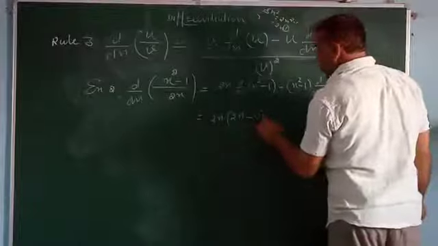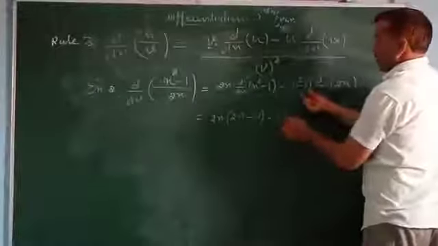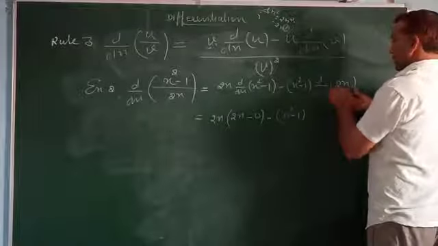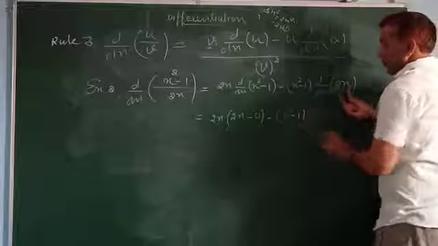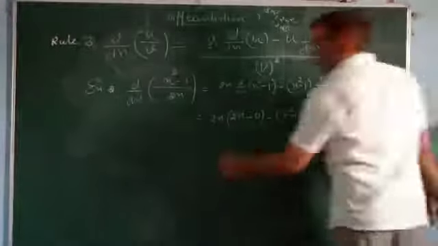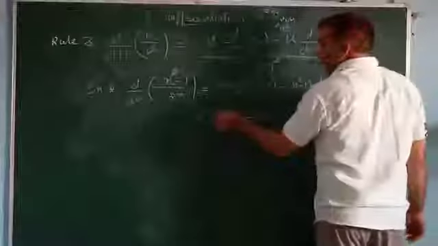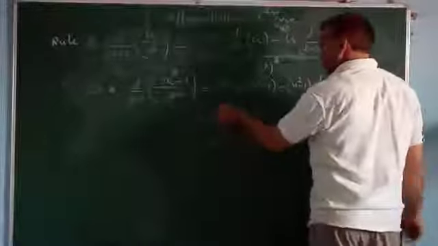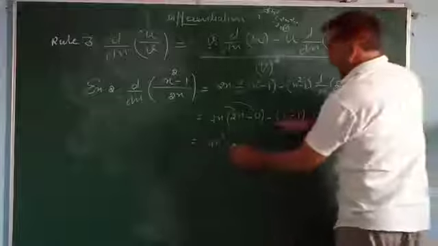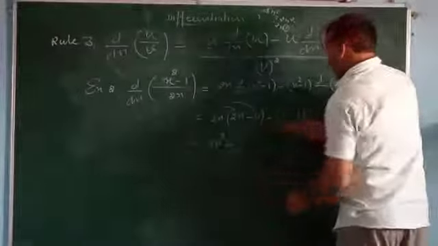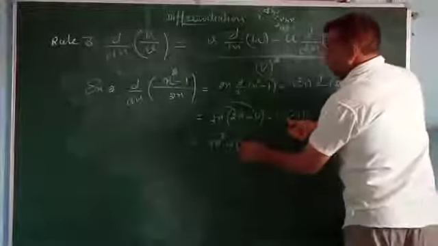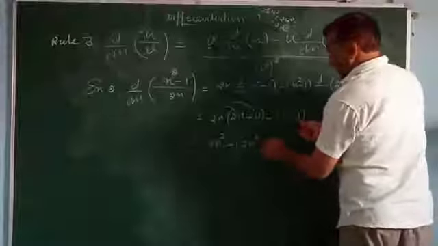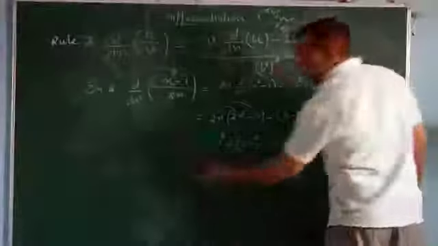2x into 2x minus 0 minus x square minus 1 into derivative of 2x will be 2 into 2, and this will be equal to 2x into 2x, that is 4x square minus 0 minus 2 into x square, that is 2x square, 2 into minus 1, that is minus 2, and this will be equal to,